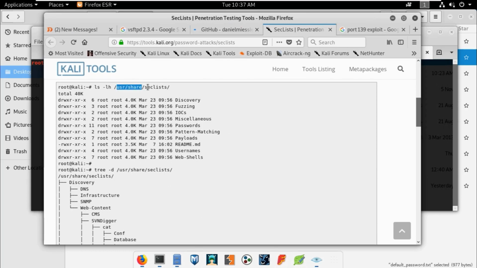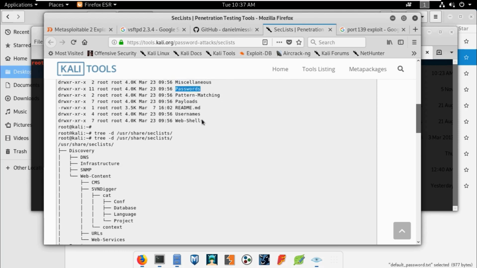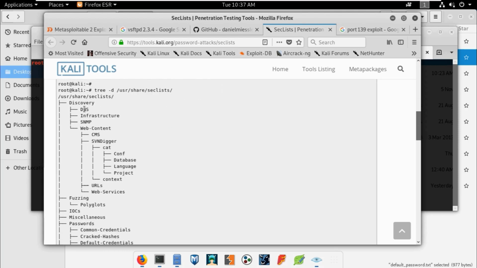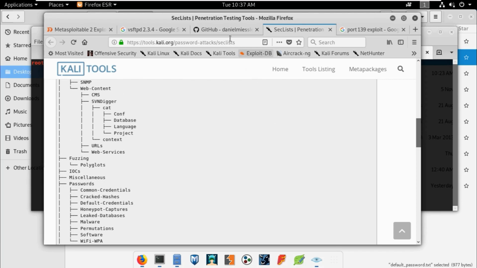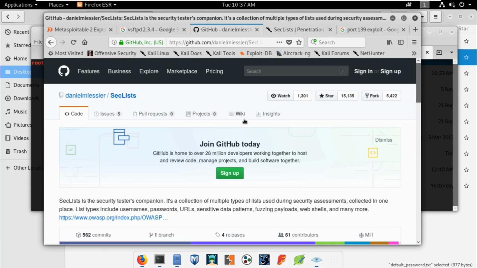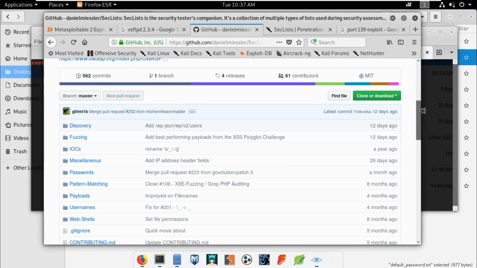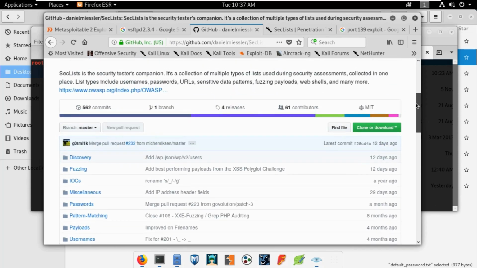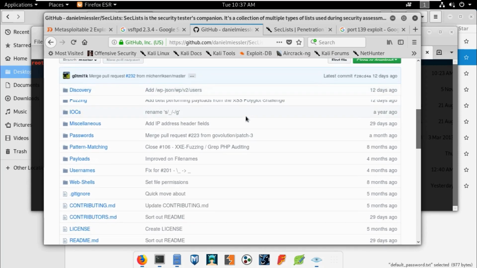Under usr share seclists, it has discovery, fuzzing, IOC, passwords, and pattern matching, and contains the default credentials of most of the services. As you can see, DNS infrastructure, SNMP, web contents, and there are a lot of things. You can even brute force for hidden files. And this one is amazing. I hope you like it if you use them.